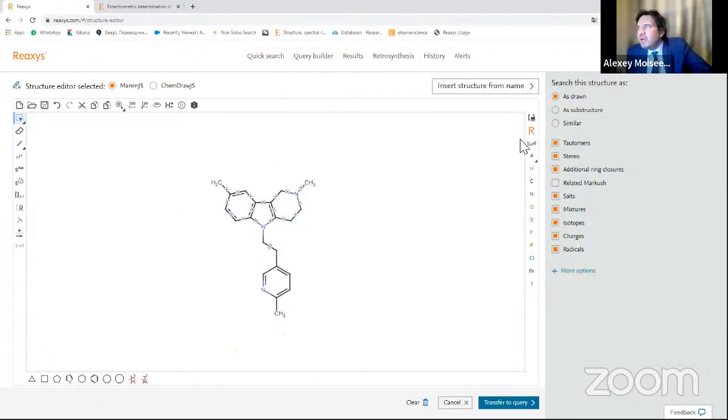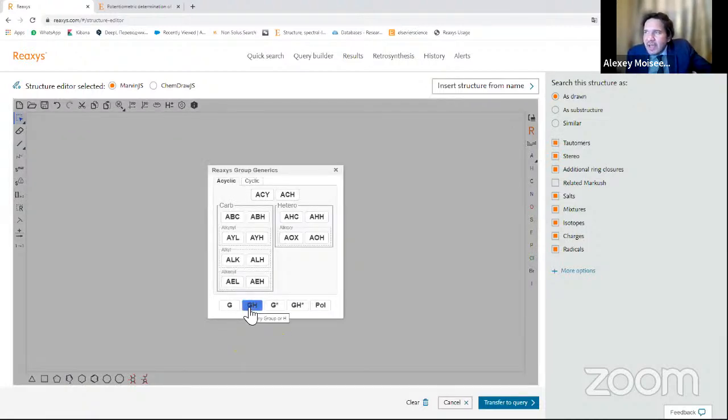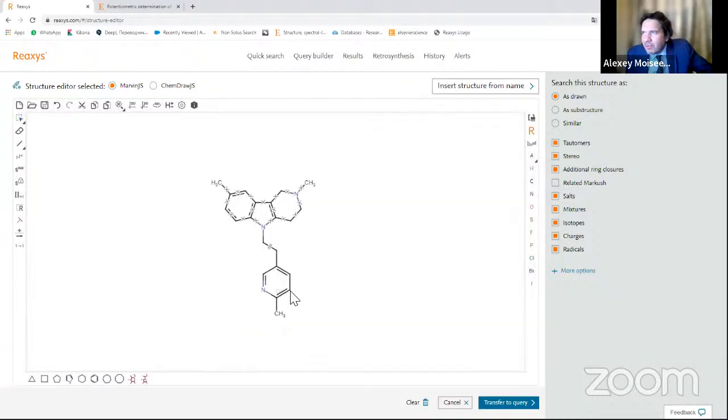So you can tell Reaxys what you are going to find. And also a very effective instrument is R group generics. We can click R group generics, take here any group or hydrogen, for example, I prefer any group or hydrogen, and place it here.